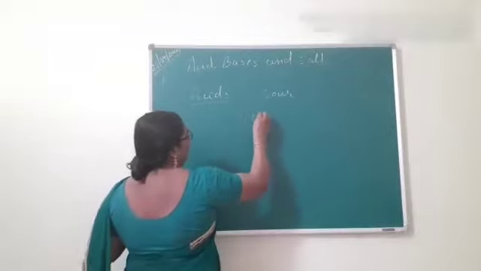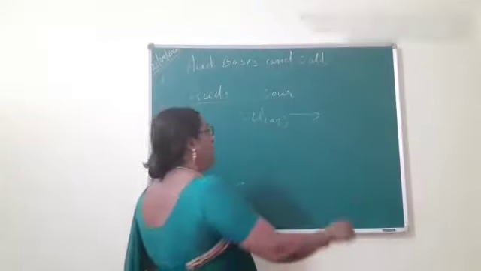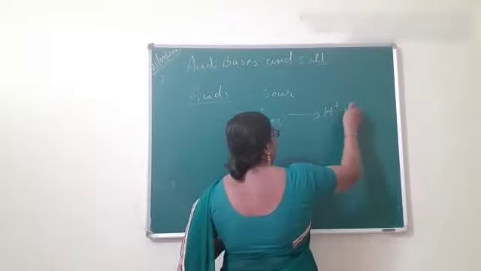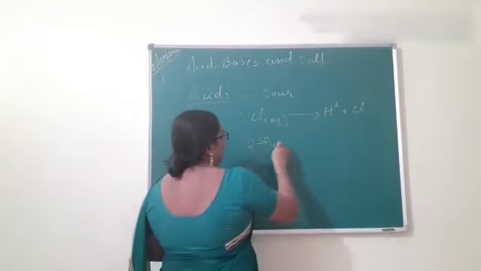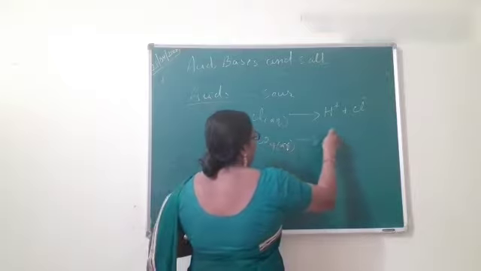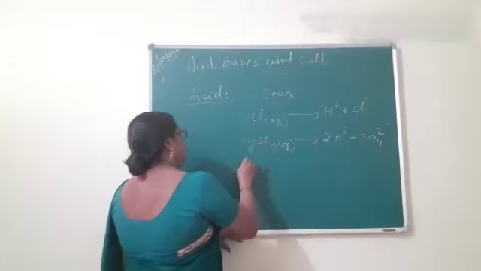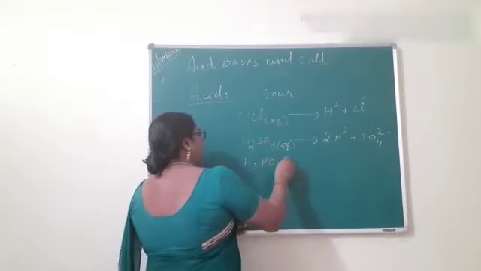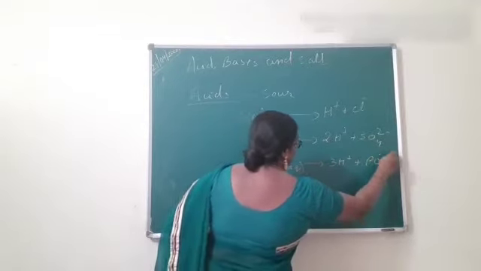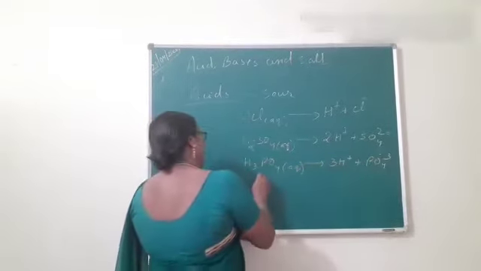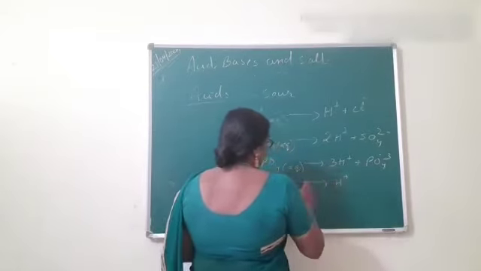First you consider hydrochloric acid. When hydrochloric acid undergoes ionization, or dissociates into ions, you will get H plus and Cl minus. If you consider sulfuric acid, it undergoes ionization in aqueous form and you will get hydrogen ions and sulfate radical. Or you consider phosphoric acid, H3PO4, in aqueous form. It produces 3H plus and PO4 3 minus. Or you consider formic acid, methanoic acid, which undergoes ionization and produces H plus and